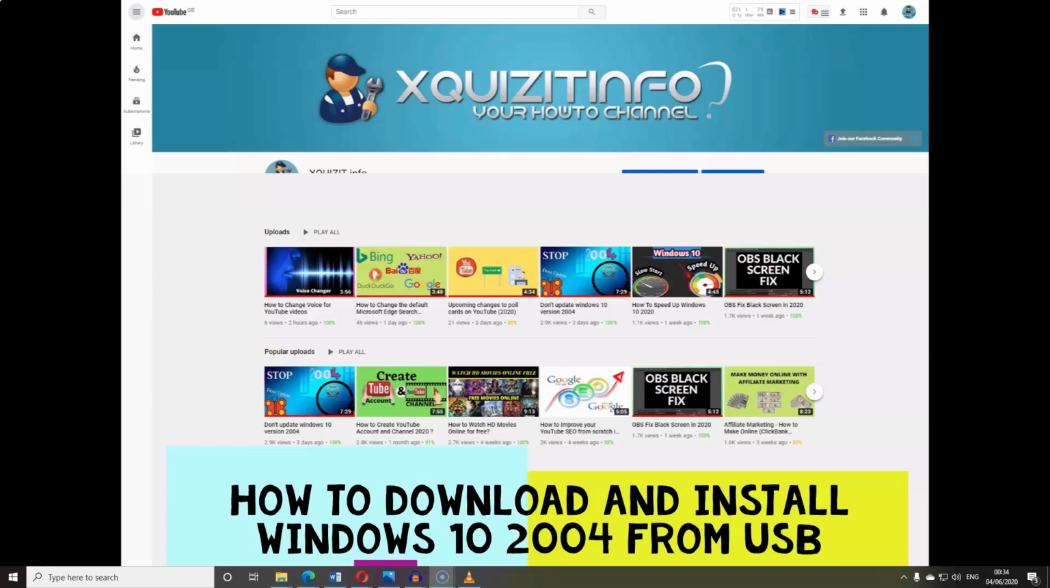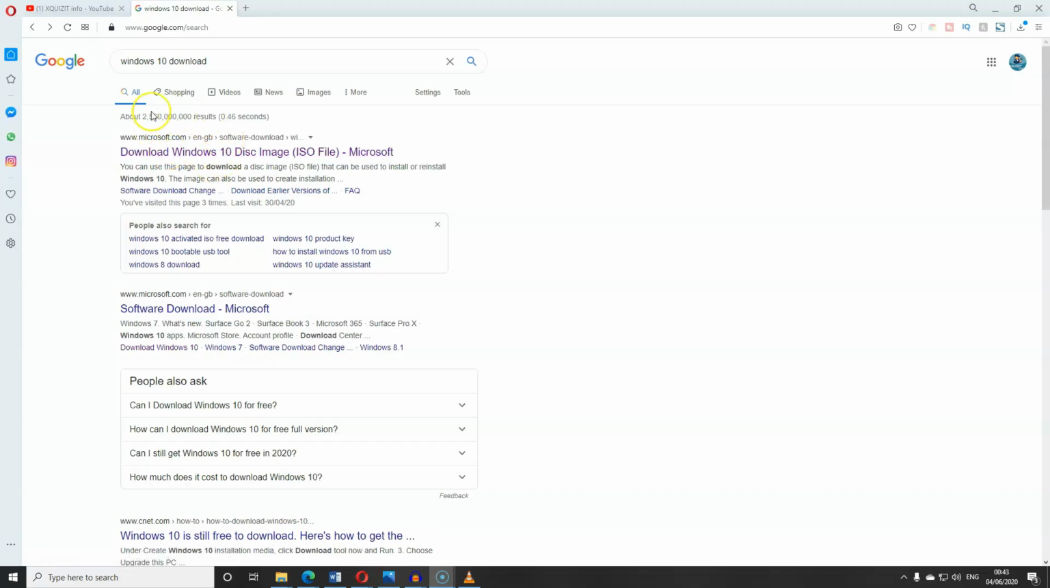Hello everyone, today's tutorial is on how to download and install Windows 10 2004 from USB, and if you stick to the end I'll also show you how to fix your BIOS issue. So all you do, simply type Windows 10 download in Google and open the Microsoft website, download Windows 10, and